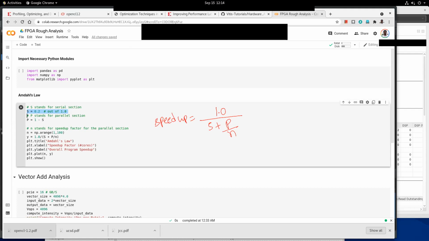In the denominator, we have the new execution time. 1 unit is the original execution time, and the denominator gives you the execution time when we are able to obtain a factor of n speed up.